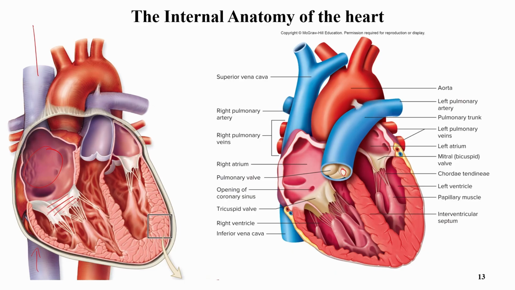It has three cusps. I can't show it really well here in this section, but the acronym is LABRAT. So the right AV valve is the tricuspid. And from here, it goes into the pulmonary artery or the pulmonary trunk, which breaks into